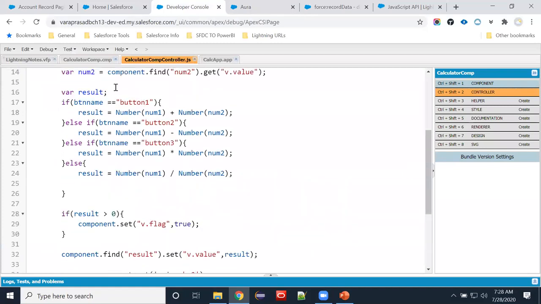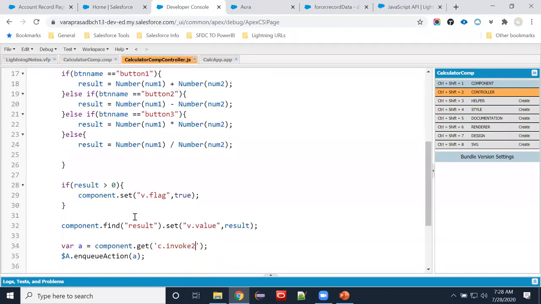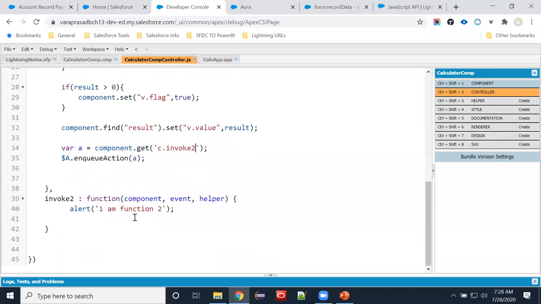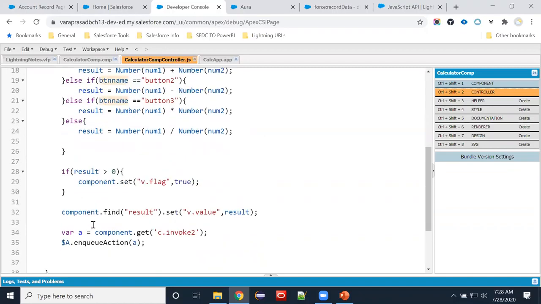Set is undefined. What is undefined? The username message flag is there. I am lightning component username. Button name equal to button 1, button name equal to true, combined of result equal to set dot v dot value equal to result.